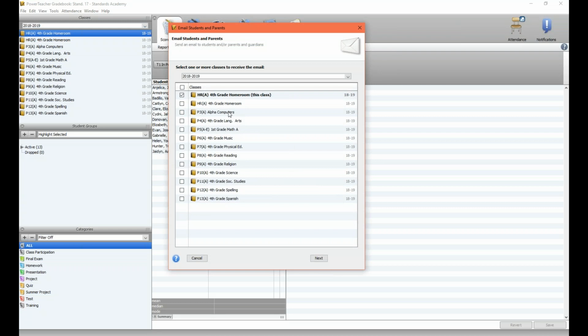Hit OK. As you can see, you can select the class that you want to email. Though it's tempting to just select all, please don't. Send emails per group or per class. So if you want to email the homeroom class, email just the homeroom class, and then separately maybe email the music class, and then separately email the computer class. I know that seems like a little bit of a pain, but in the past, I've seen where if you send out a mass email to about 100 of your students,